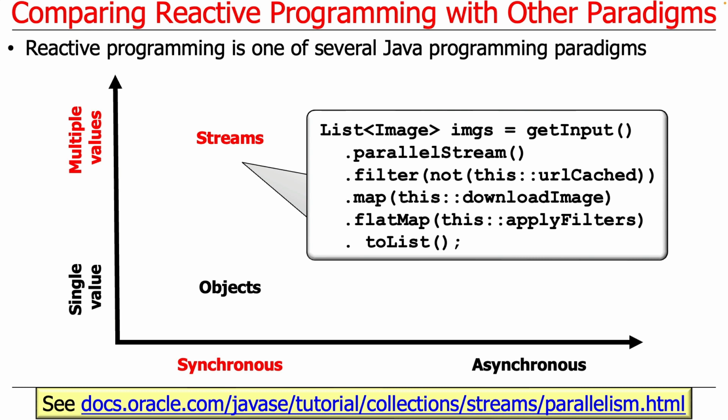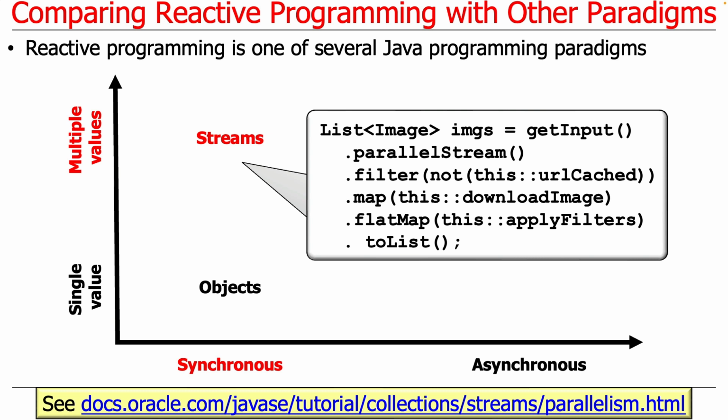In this case, we turn it back into a single return value, but we have a stream with multiple values, and the operations that are being applied here work on the multiple values in the stream. And you can either do this sequentially or in parallel. I like this paradigm quite a bit. It's pretty darn easy to understand once you understand how to read functional programming and compositional logic with streams, and it's trivial to parallelize it or